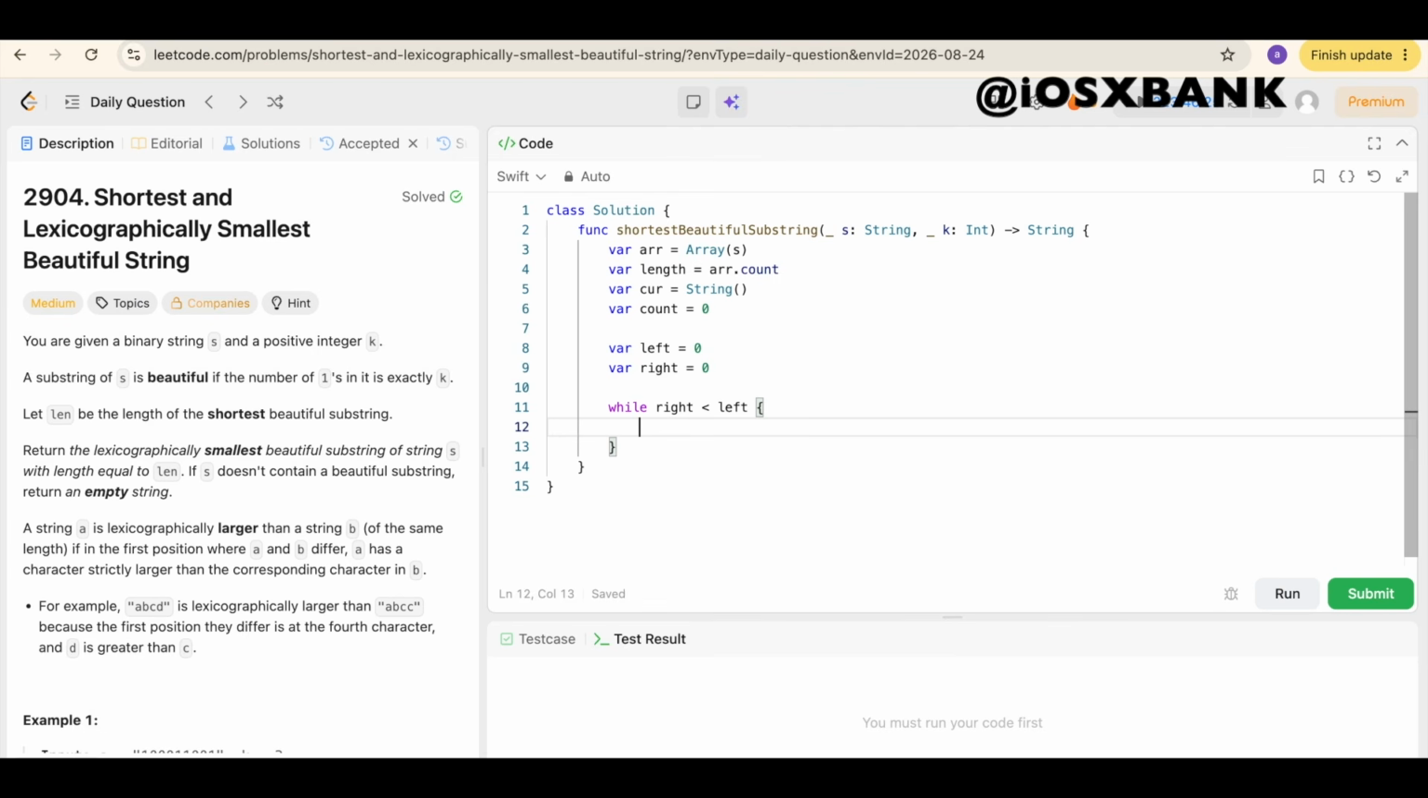If the new character is 1, we're going to include it in the count. So we're going to say if R square bracket right equals quotation mark 1, let's open up the brackets and we're going to say count plus equals 1. Then, while the current window contains exactly K ones, try shrinking it from the left to find the shortest possible valid substring. So we're going to come underneath this if, and we're going to say while count equals K